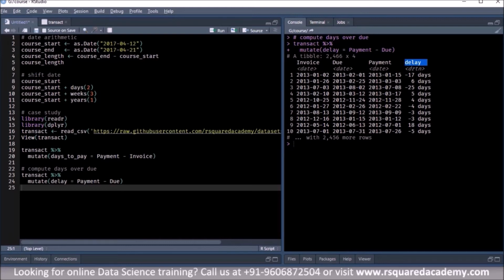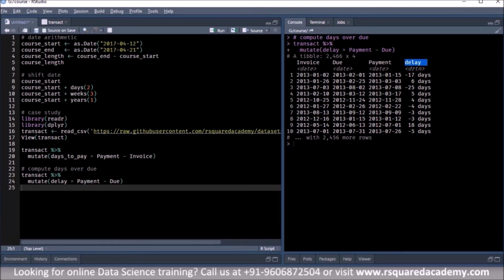Now look at the second row. Here the due date is 25th February 2013, but the payment has been made on 3rd March 2013. So the payment date comes after the due date. There is a delay in payment here. The payment has not been made within the due date. So in this case, you have a positive value of 6 days. That is a delay of 6 days in making the payment. That is, payment has been made 6 days after the due date. So from this, you know that if the payment has been made before the due date, this column has a negative value, and if the payment has been made after the due date, this column has a positive value.